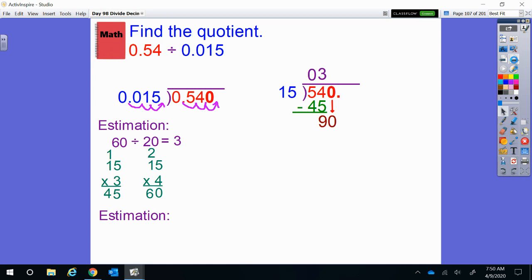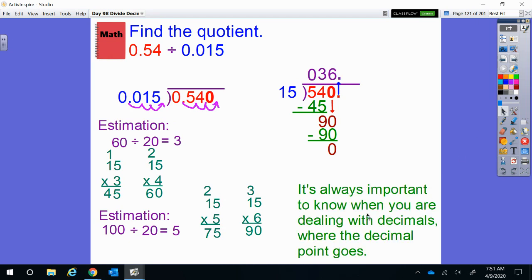15, got to use estimation again. 20 into 100, that's 5. Let's try 5 times 15, looks like 75. You know what? 15 plus 75 is 90. Bingo, 90. Oh, we got the jackpot. 6 times 15 is 90. We're going to zero out. We zeroed out. So the answer is,